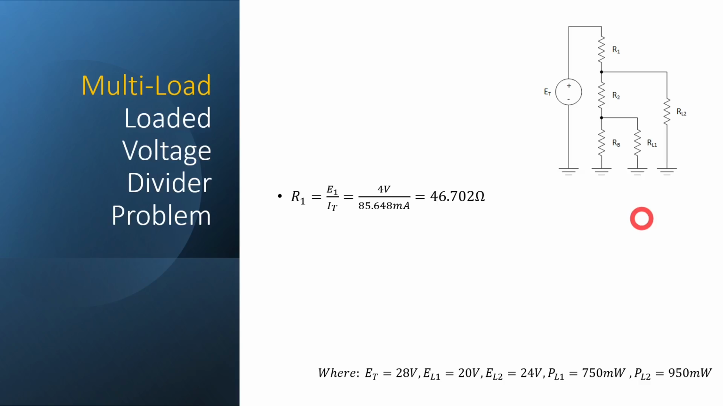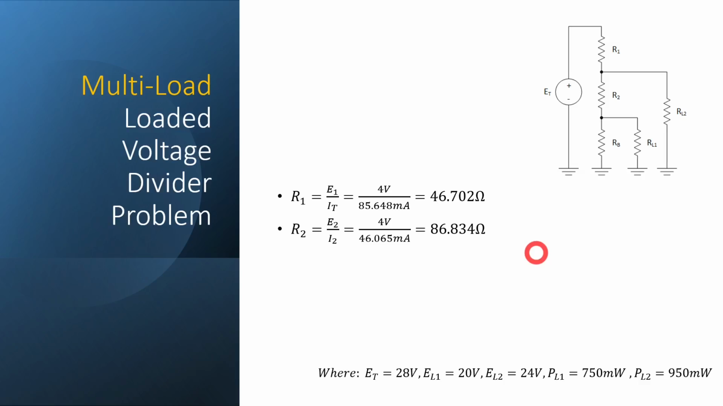We know that I total is going to go through this resistor because there's no other branch before it. And we know the voltage drop is 4 volts. We calculated that on the previous slide. And we get 46.702 ohms for R1. For R2, we get the voltage drop across R2 divided by the current that we previously calculated going through R2, and we get